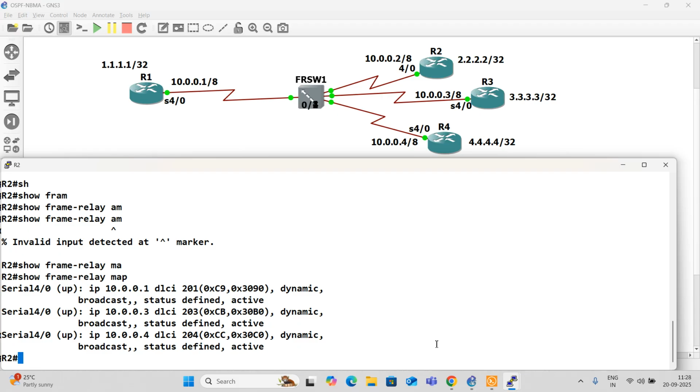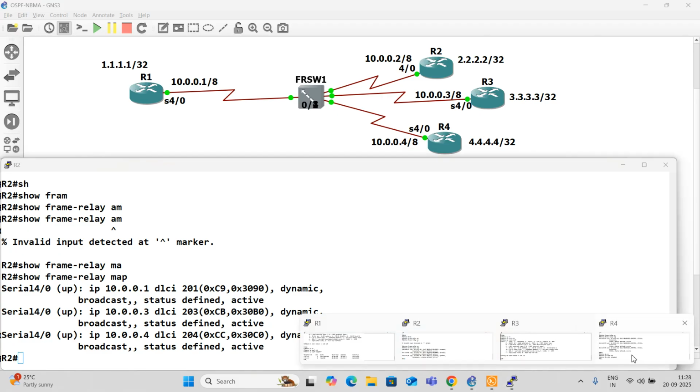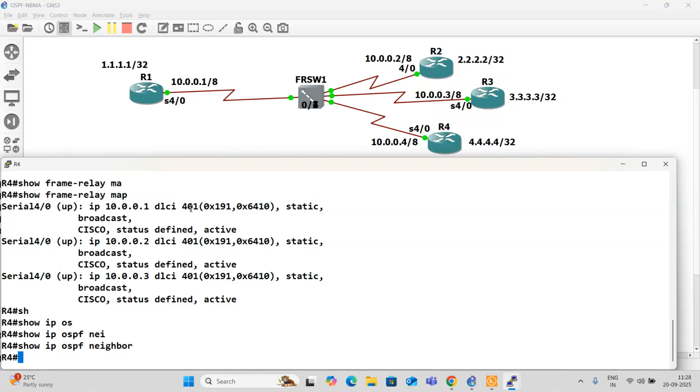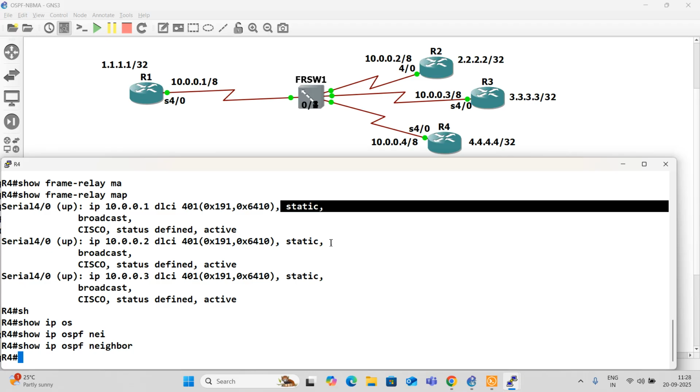This is also good. Why does router 4 only make that mistake? I don't know. Because of 4 everything is trunk, all goes to 401. No, that's not the correct one. It should go. What static? That is the problem.